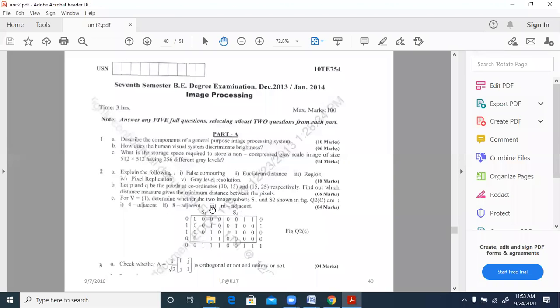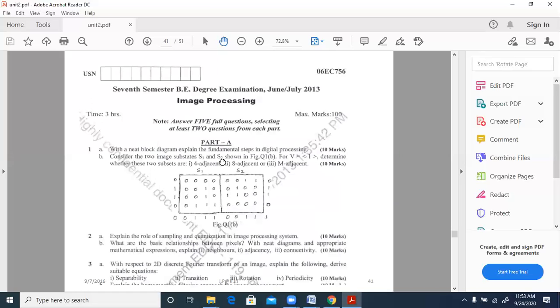So thus we can try to solve this problem, which is solved in the slide we didn't take up, so let us not bother much about it. I think the same problem is written over here, right? So no change. You can see that many times the same thing is being repeated, so some of these things are very important. Another question given here is what is neighbor, adjacency, connectivity. All these we have tried to define. That also you can try to study.